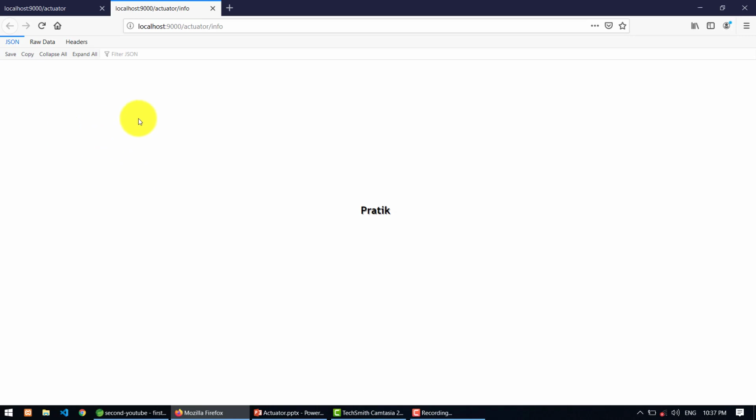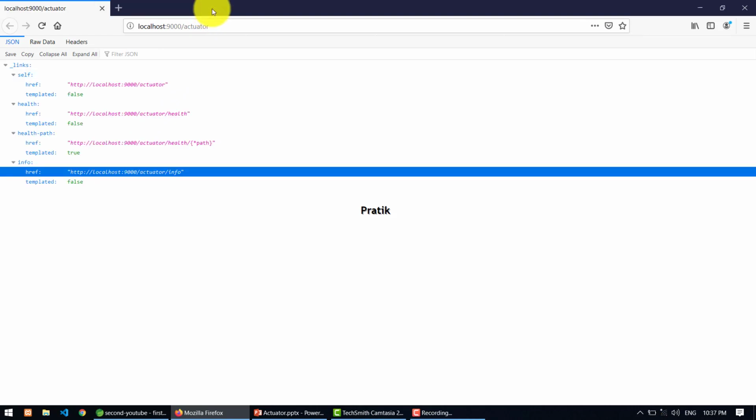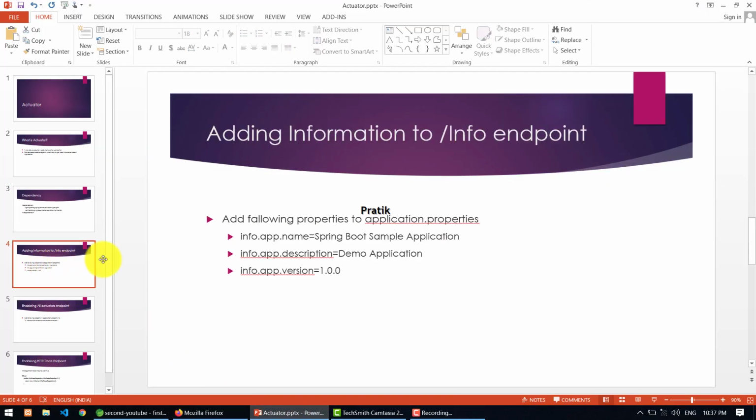For adding information in the info endpoint, we need to add some properties inside application.properties. These are some properties we need to add: info.app.name, info.app.description, whatever description you want to add, the name of the application and the version.